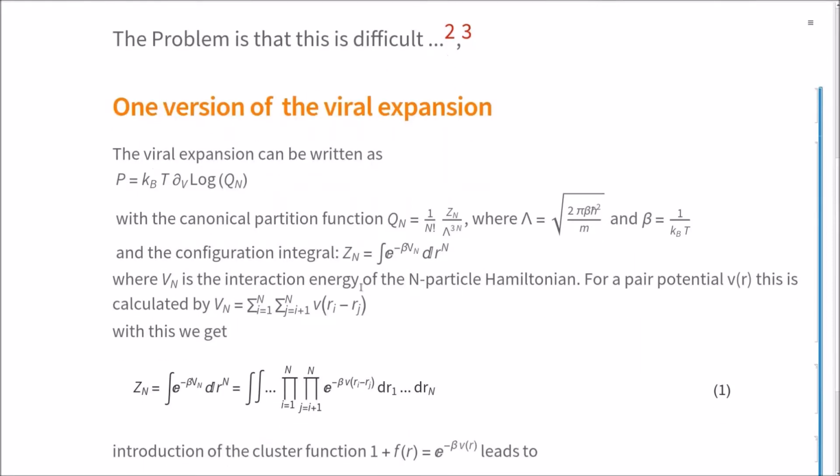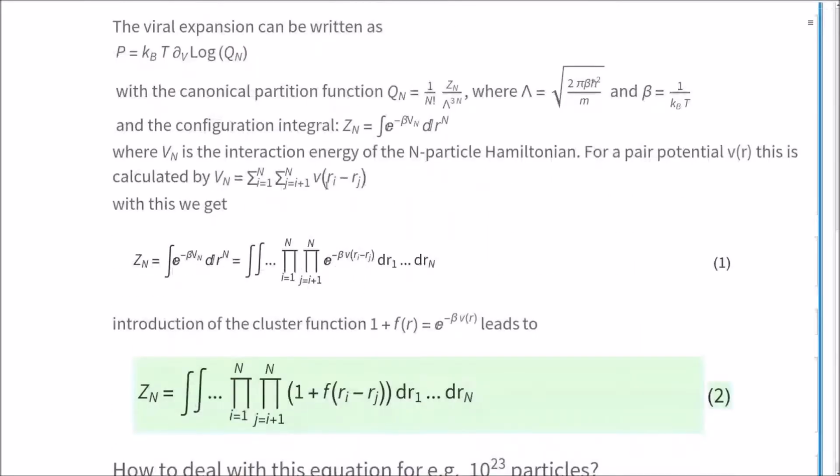And again, we can split this into its contributions. So this Vn is the interaction energy, and if we have a pair interaction, which is a good approximation for most of the particles, we can calculate the interaction energy by summing all possible pair interactions. So we can rewrite this configuration integral in this form. So it's a double product of this two